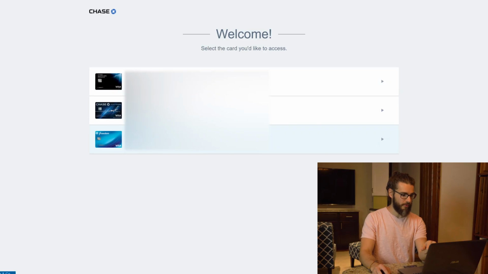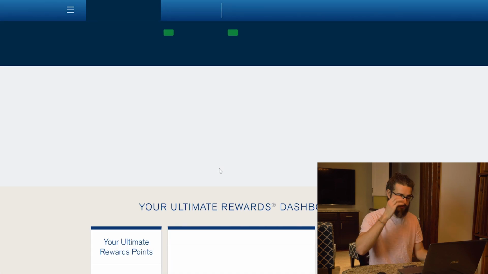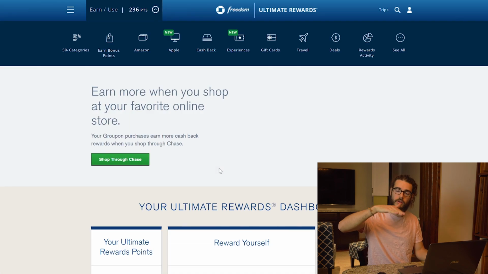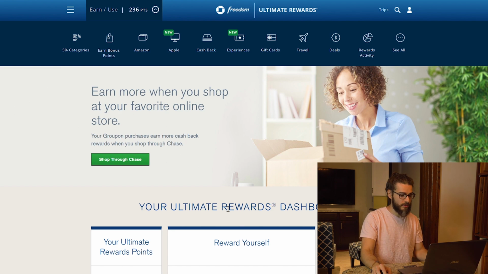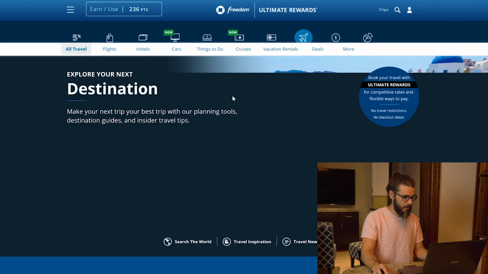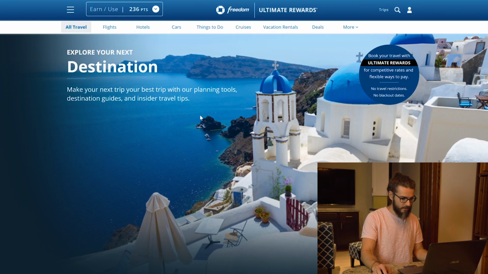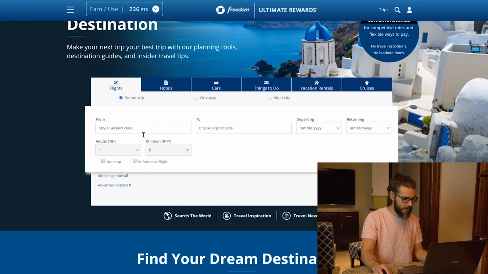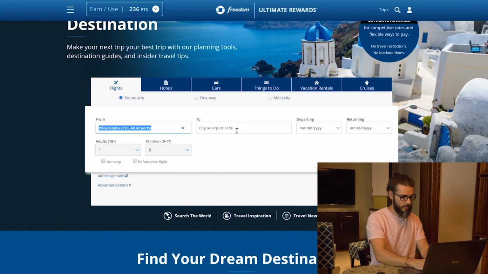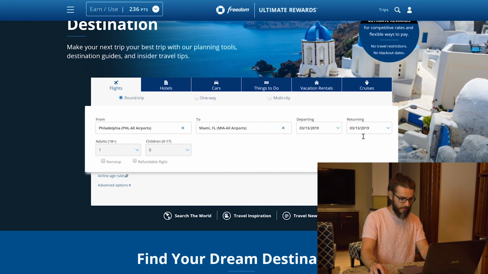Okay, so I have my 3 different Chase cards right here. Actually, I have one of each. This is going to be helpful because I have one in the lower tier, one in the middle, and the top one. So we'll be able to see what it looks like for each of those redemption rates. Let's go to flights, and let's do Miami. Let's do Philadelphia to, oh boy, try this again. And we will pick an arbitrary date